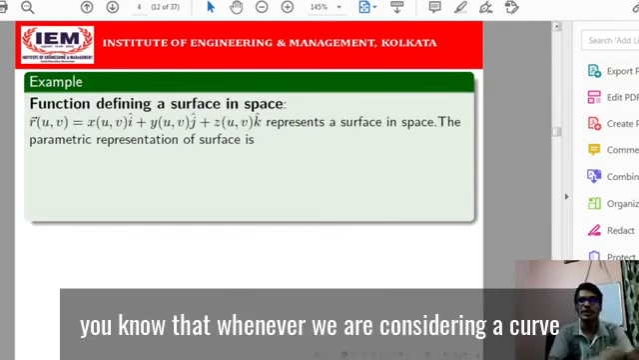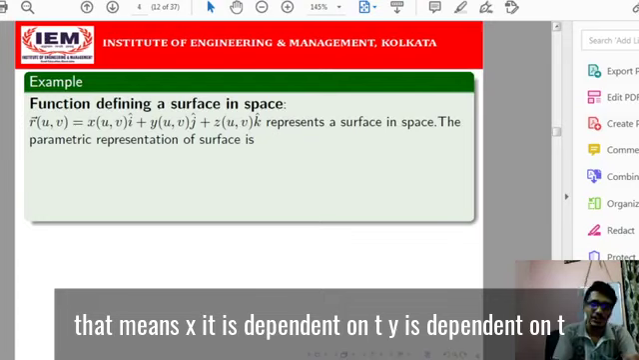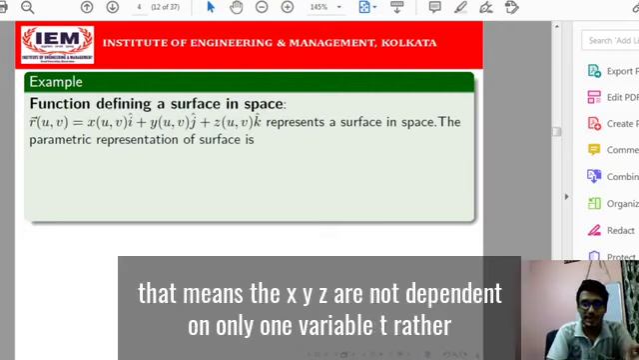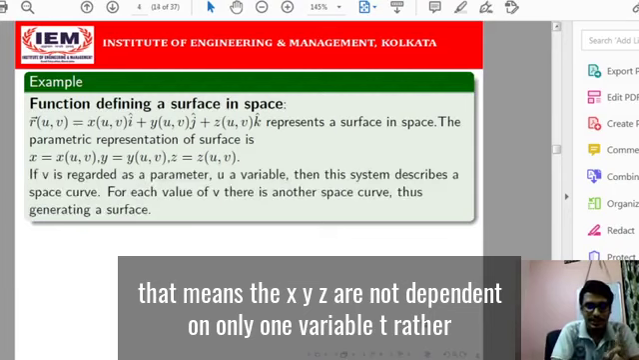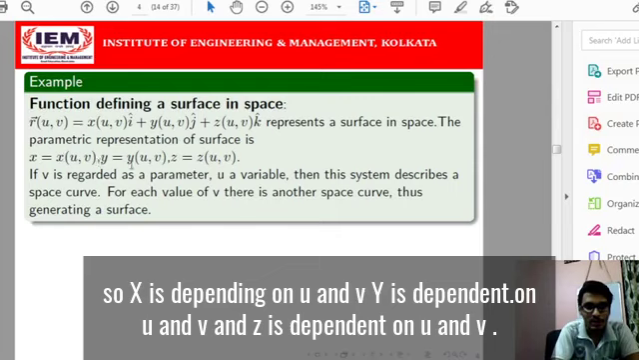So you know that whenever we are considering a curve, how many variables are there? That is a function of one variable. That means x is dependent on t, y is dependent on t, and z is dependent on t. Now, if we consider a function of two variables, that means x, y, z are not dependent on only one variable t. Rather, they are dependent on two variables u and v. So x is dependent on u and v, y is dependent on u and v, and z is dependent on